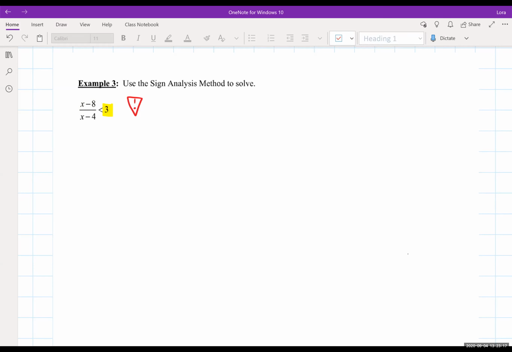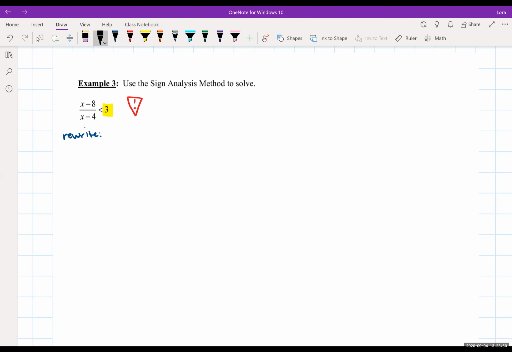use our algebra skills to rewrite this inequality so that we can use the sign analysis method. So the first thing I'd like to do to start this off is I'm going to rewrite the inequality so that everything's on one side and zero's on the other. So what that means is you're moving the 3 over. Well, I guess there's more than one way to go, but I think it's a little nicer to subtract 3 from both sides. So when we rewrite it,